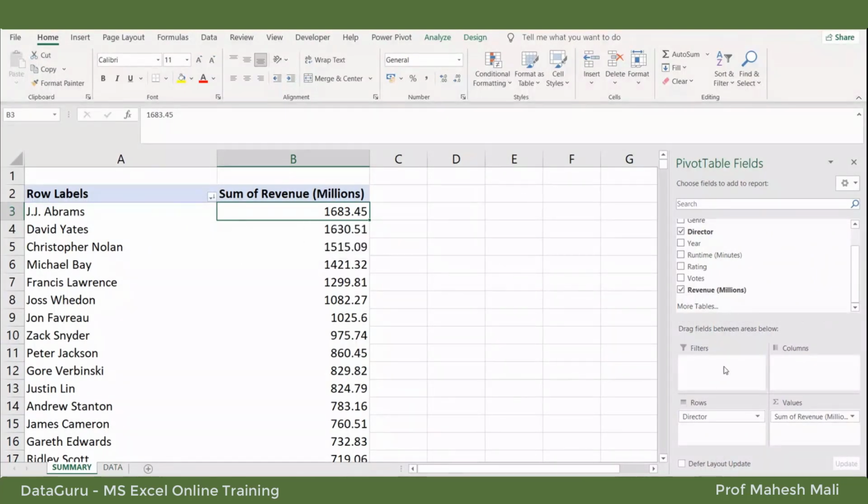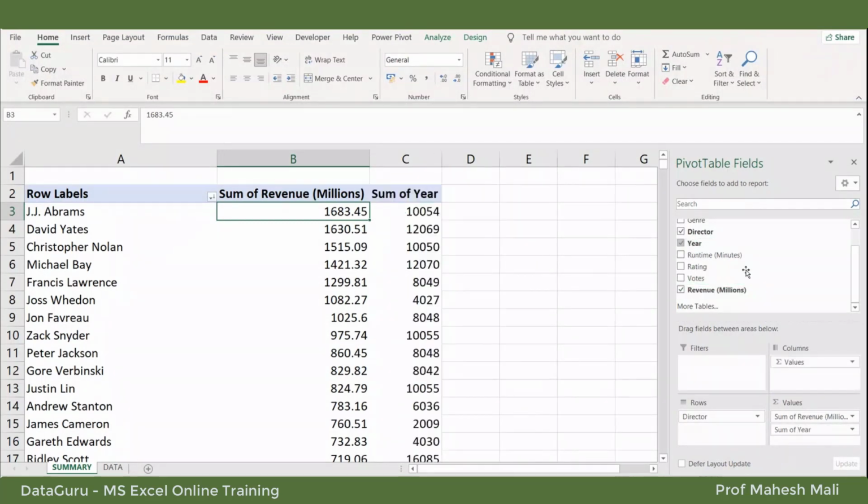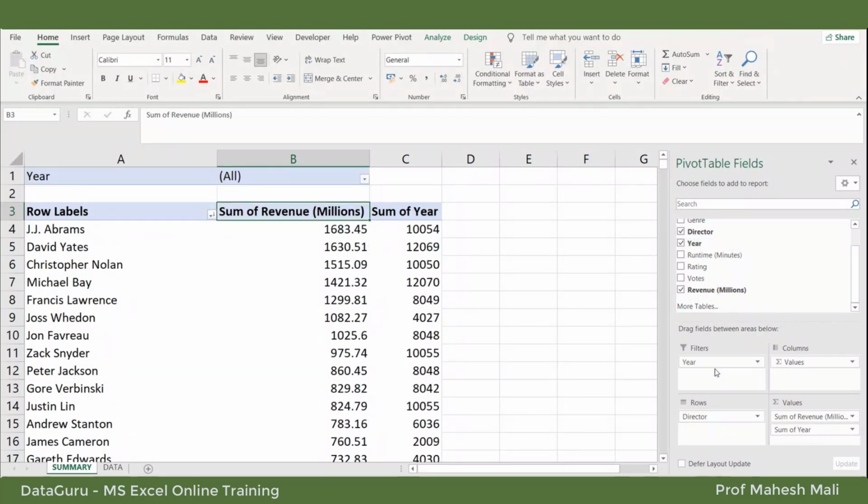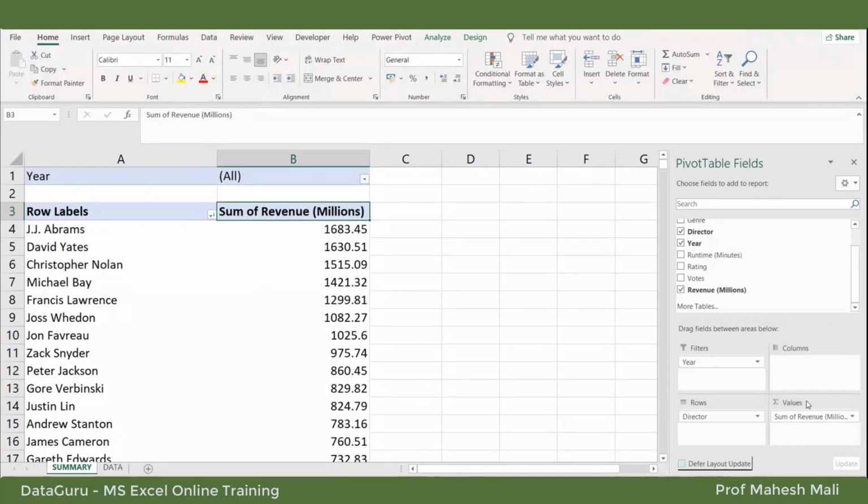Now I want to apply a filter on the year. Some years I don't want.